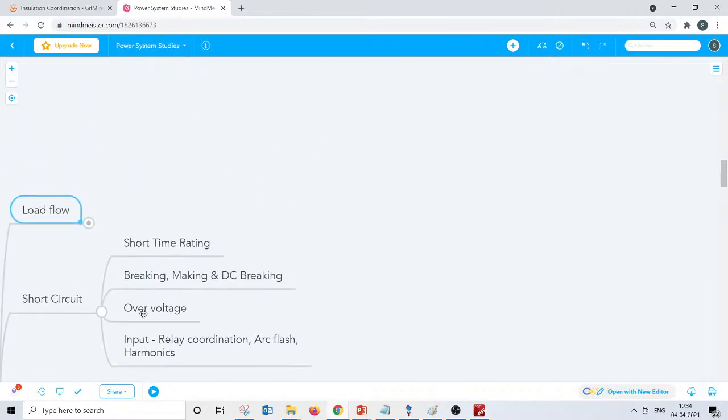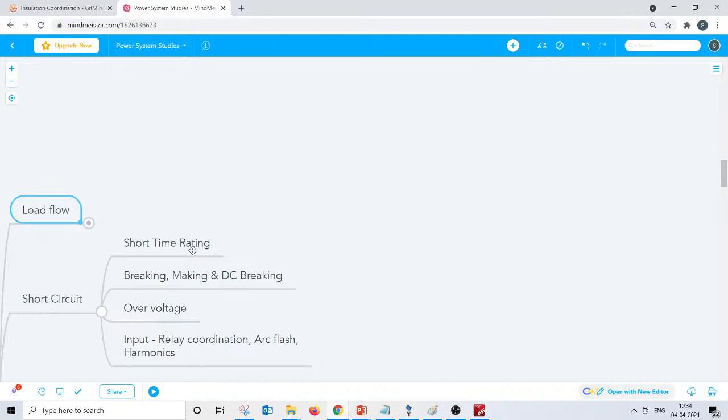Just as load flow helped you identify the continuous rating of the equipment, short circuit helps you identify the short time rating of all equipment in the power system. Most of the time we have a common mindset that a short circuit study is intended only for circuit breaker selection. The answer is no. Each and every equipment in the electrical power system has its short time rating.